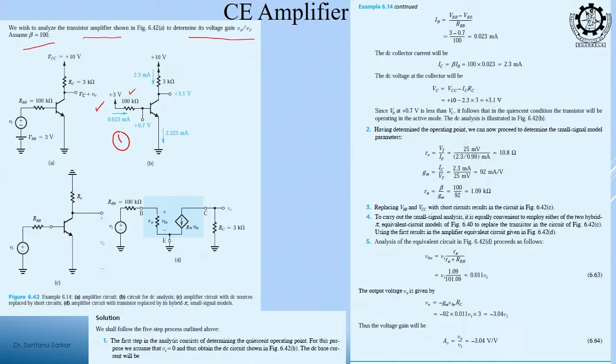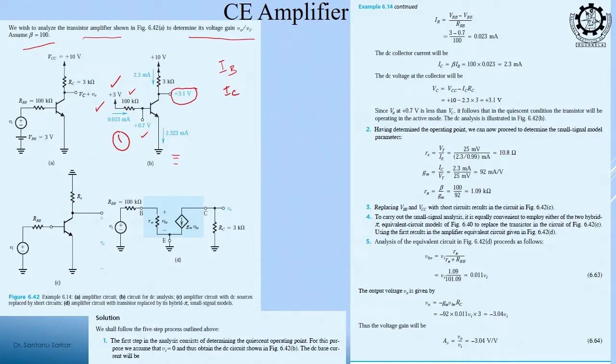Why? Because the emitter is grounded. So we will consider the base-emitter voltage to be 0.7 volt. This voltage is 3 volt, and this voltage we will consider 0.7 volt. So what we will get is IB. Beta is given, and from IB we will get IC. If we get IC, then we can get